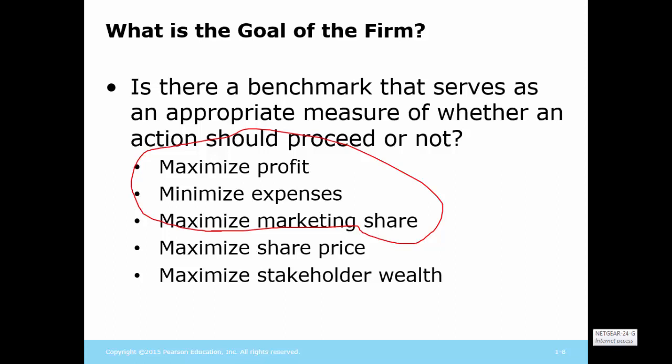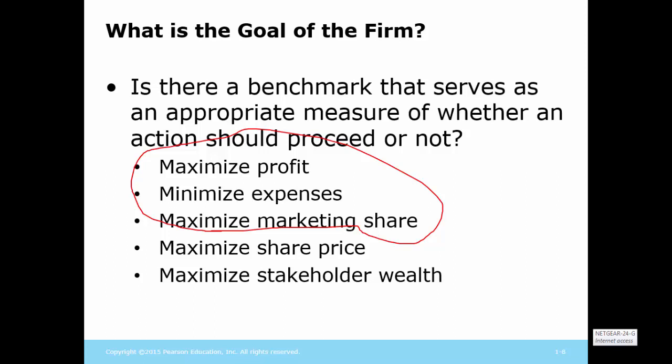Now, maximizing profit is the goal that most people discuss, and they say, this is really what I'm in business for. I'm here, well, actually, they usually say, I'm here to make money for the company. That's really not what you're there for. What they really mean is they want to maximize profits. And those three things are all worthwhile